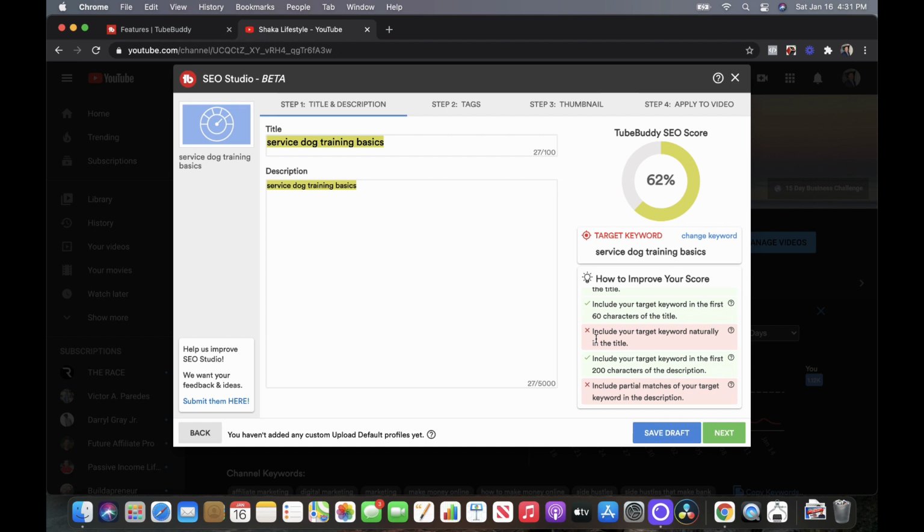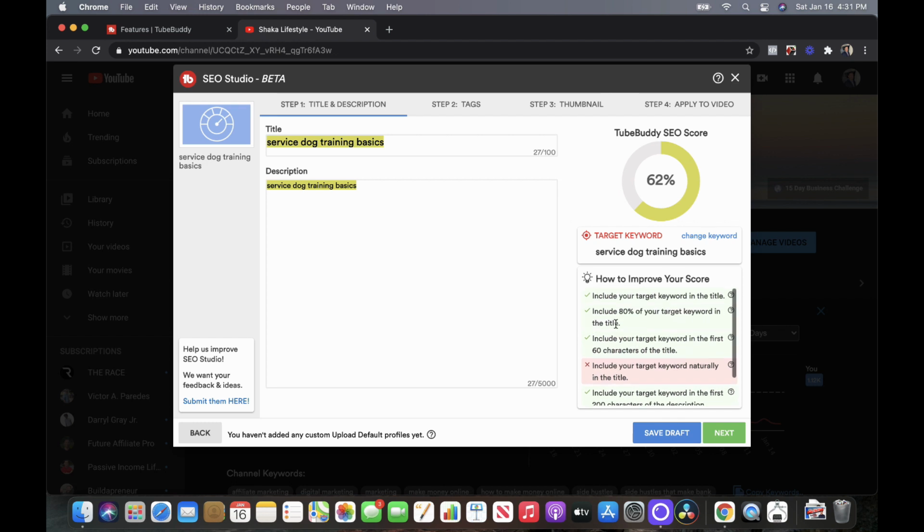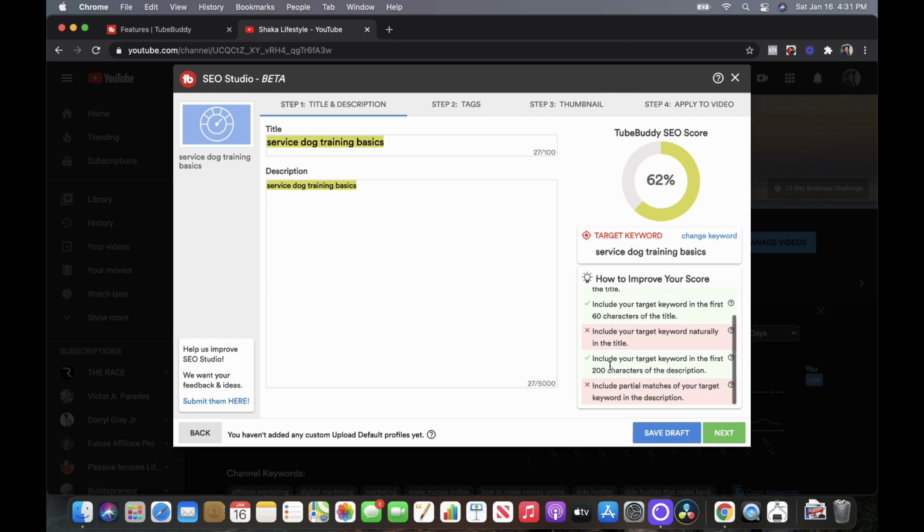All right, so here it says we have all these green checks, which is great. But we have these two X's, so once we get rid of these two X's and complete these requirements, then our SEO score will go up. So let's say for